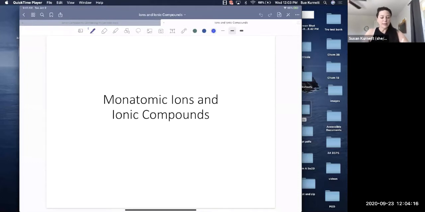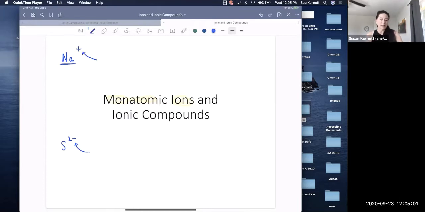A monatomic ion is just a 1 atom charged particle. And so sodium, for example, can be sodium the metal, or it can be sodium the ion. Sulfur can be sulfur the nonmetal, or sulfide the ion. These ones are monatomic, which means 1 atom. 1 atom has lost an electron and become positive. If you lose something negative, you become more positive. 1 atom has gained 2 electrons, and electrons are negative, so it's more negative than positive by 2 electrons.